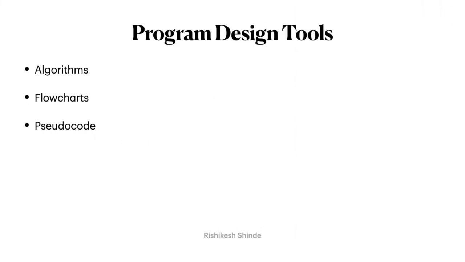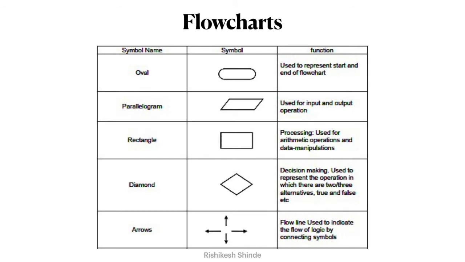Today we will see two more program design tools, that is flowcharts and pseudocode. So here the flowchart. Flowcharts are the graphical representation of the algorithms. The algorithms and flowcharts are the final steps in organizing the solutions. Using the algorithms and flowcharts, the programmer can find out the bugs in the programming logic and then can go for coding. Flowcharts can show errors in the logic and set of data can be easily tested using flowcharts.